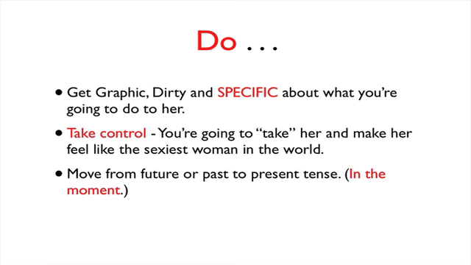And you do want to move from the future or past to present tense all the time. Basically, this means that if you're starting by narrating or creating a fantasy that happened in the past or revivifying one, you're going to quickly move into present tense. I'll explain that later. Same with the future. If you're saying I'm going to, you quickly switch over to present tense so that she's feeling it right now. By simply narrating in the present, if you do it the right way, your wife is going to actually feel a lot of the emotions and the feelings that she gets at the same time.